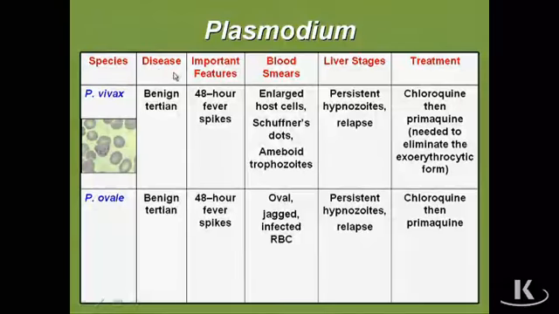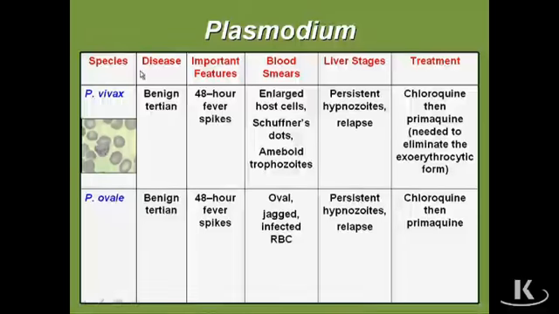So if you don't know, you get to a question on malaria and you're not sure, go ahead and pick falciparum, because that could quite possibly and most likely be the right answer, all right? Now, I'm going to start with Plasmodium vivax, which is also called benign tertian malaria. The disease has 48-hour fever spikes,